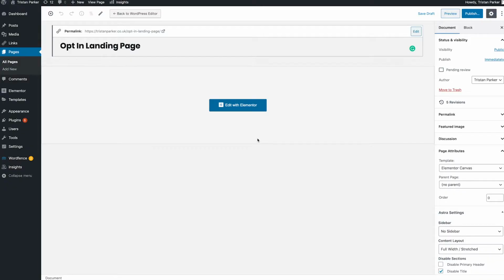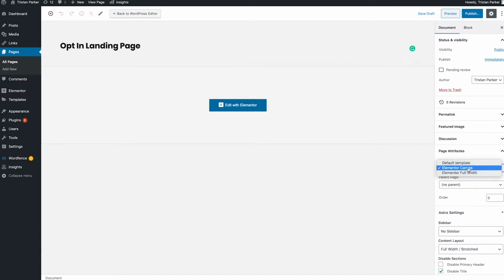Let's go. So the first thing we want to do is create a new page within WordPress and give it a name. Here we've called it opt-in landing page. Now before we edit this with Elementor, head over to the right hand side and make sure that within page attributes your template is Elementor Canvas, and this is essentially going to remove the header and the footer from the